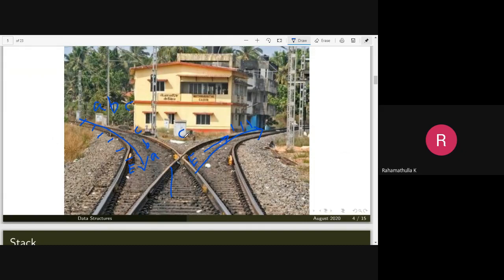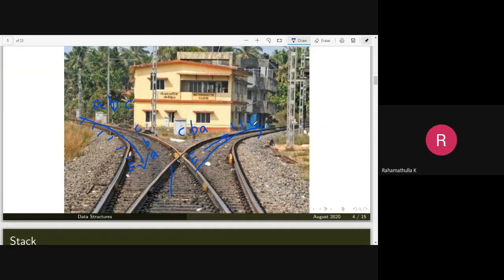So you will get C first, then B, then A. It's a simple application where you can reverse a string. Such applications can be seen in real life and in programming scenarios in the case of the stack data structure.